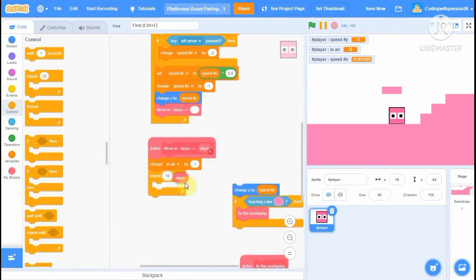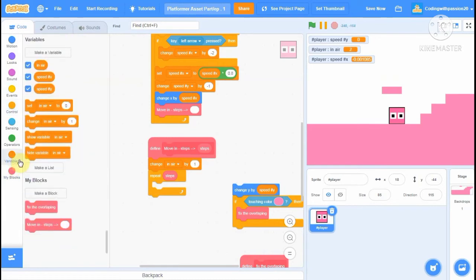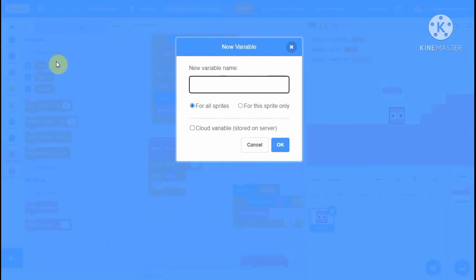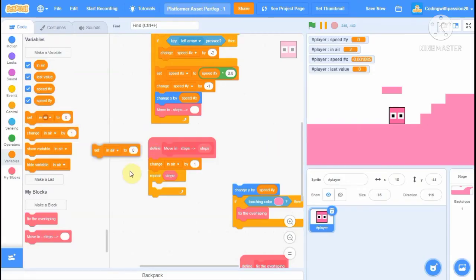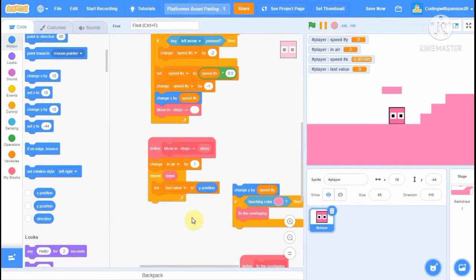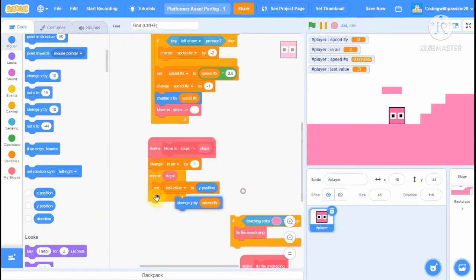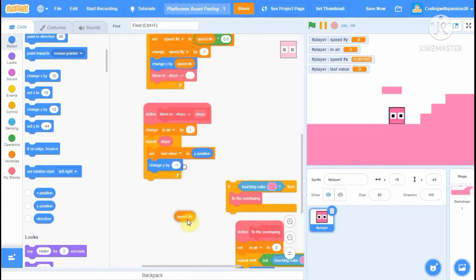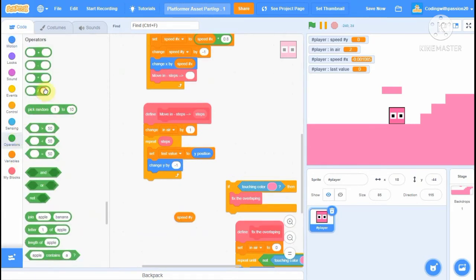So how many number of steps do we want? Then yes, we need a new variable for our last value, naming it last value, for our x and y position, for this sprite only, and set last value to our y position. Yes, then change y by speed y divided by steps,